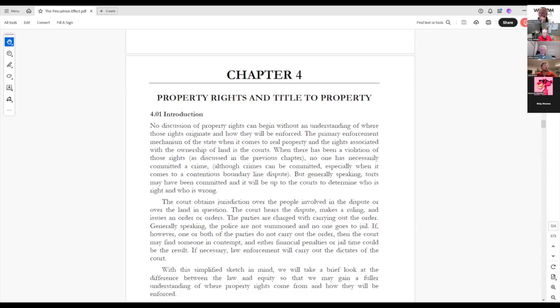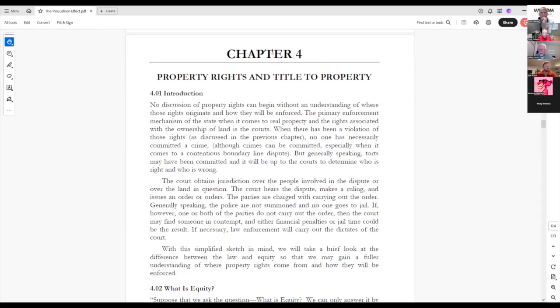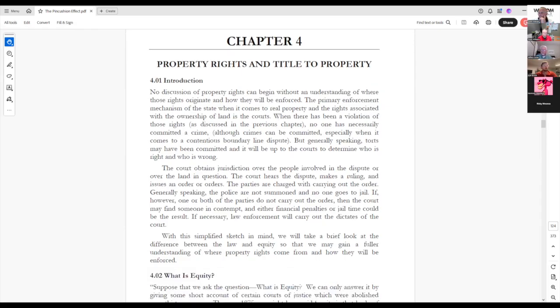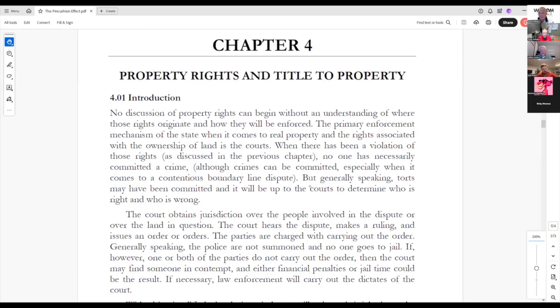Even Brown coughed that one up in his 1979 column that he wrote for the Surveying and Mapping magazine, "The Land Surveyor's Liability to Unwritten Rights." Even Brown realized that that's what most people want. And matter of fact, he changed his mind. He changed after he wrote that article. He was actually